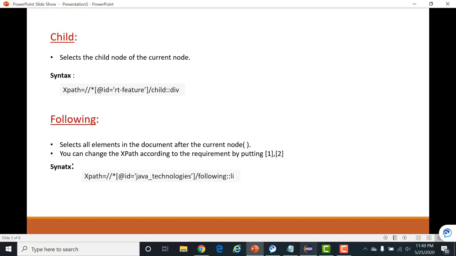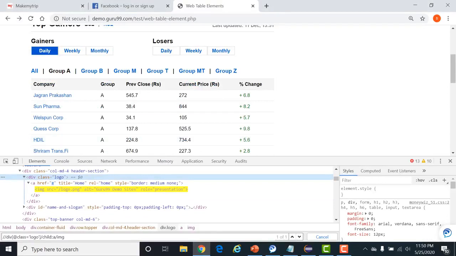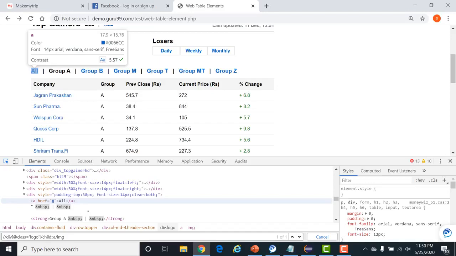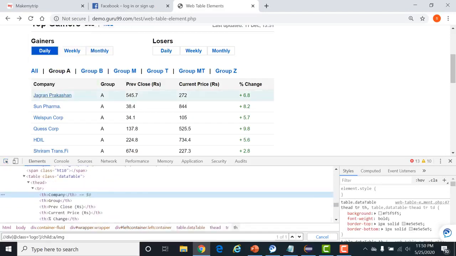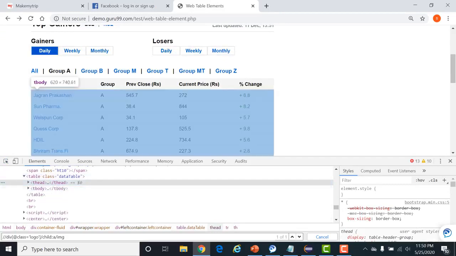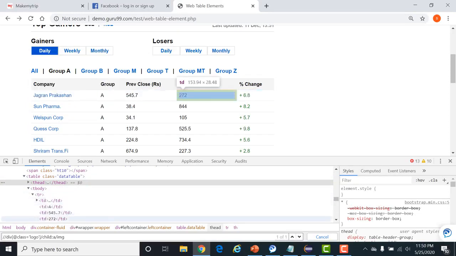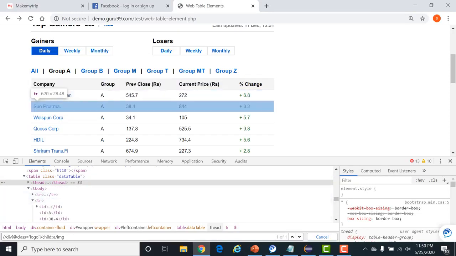So we'll go to Google. Now come to this table. We will identify this table. See, this is the table. This is the table header, and inside this T body, table values are defined inside the TR tag. The first TR is defining the first row. Second TR is defining the data inside the second row in the form of TD. Right? These TD is defining a column.